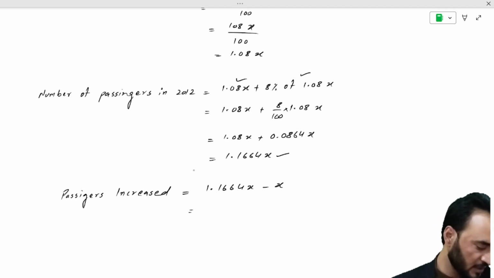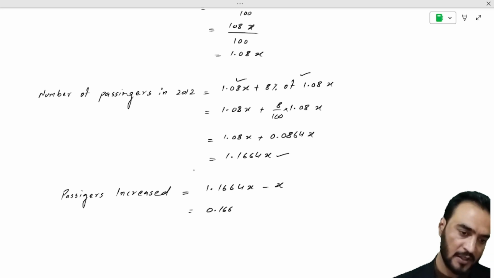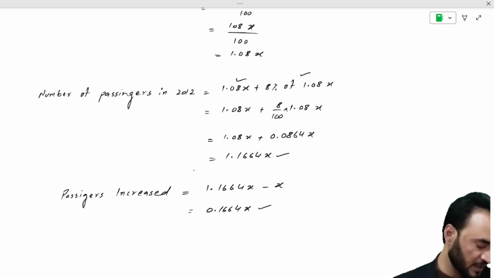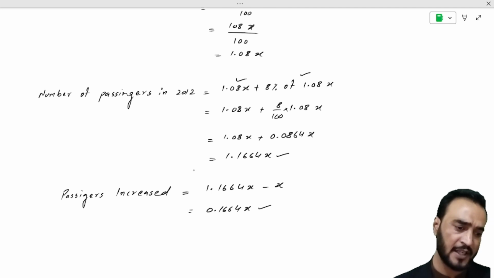So the number of passengers increased is 0.1664x, 1.664 times x. This is the increase in the number of passengers. So we have to find the percentage increase. So the percentage increase formula is